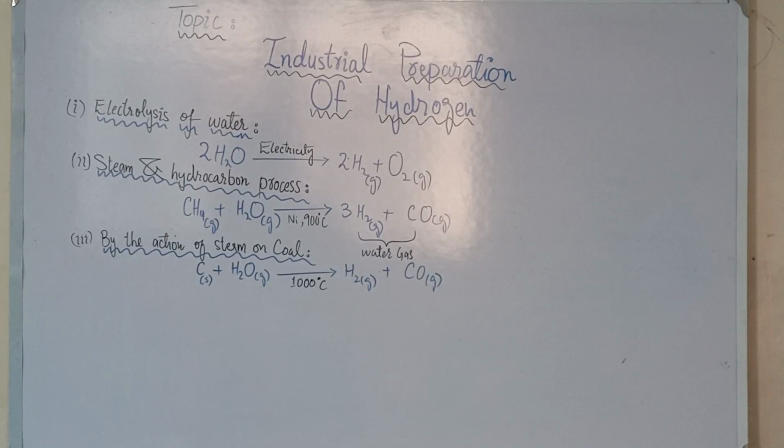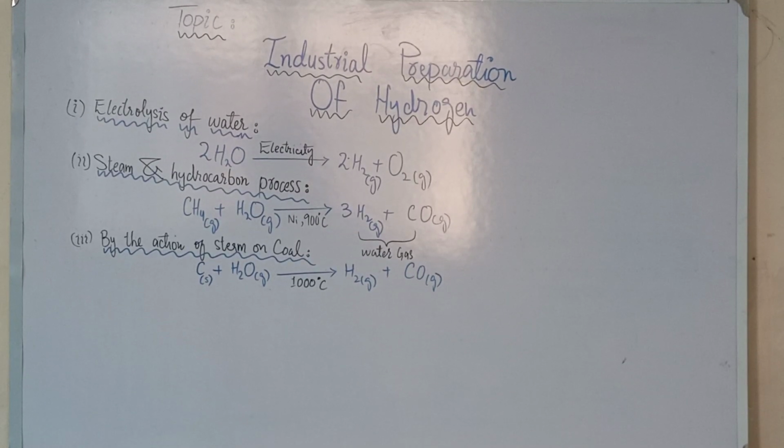So the difference between process number 2 and process number 3 is only methane gas and red hot coke, which is a form of carbon. Hydrogen is obtained in free state by removing carbon monoxide from water gas. It is done by heating the mixture of two gases with more steam at 500 degrees centigrade in the presence of catalyst like iron oxide or cobalt oxide. As a result, carbon monoxide is changed to carbon dioxide, which can easily be separated by dissolving in water under high pressure, leaving behind free hydrogen gas.